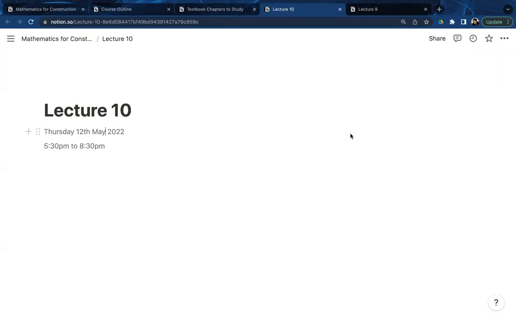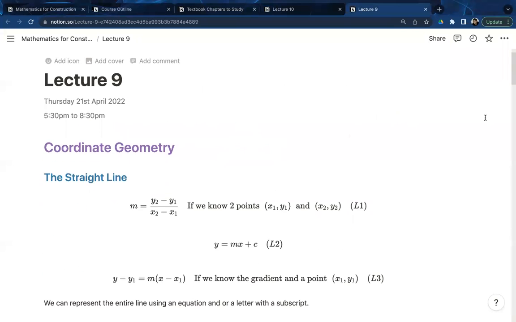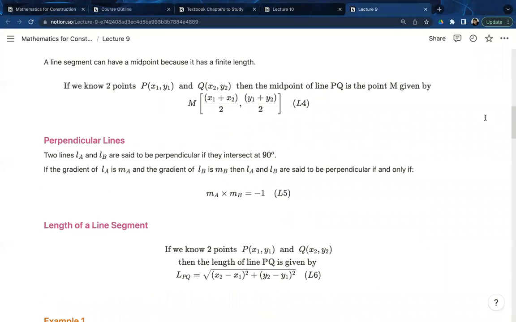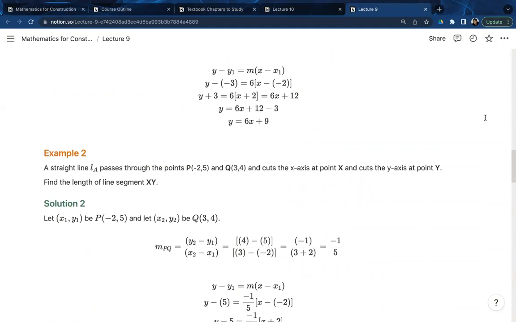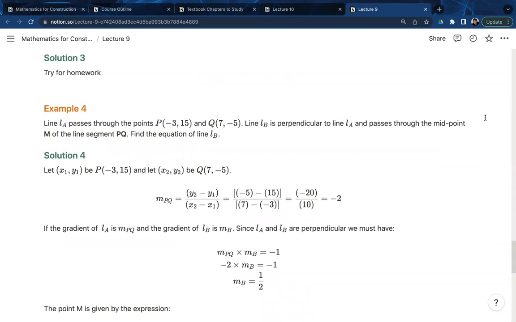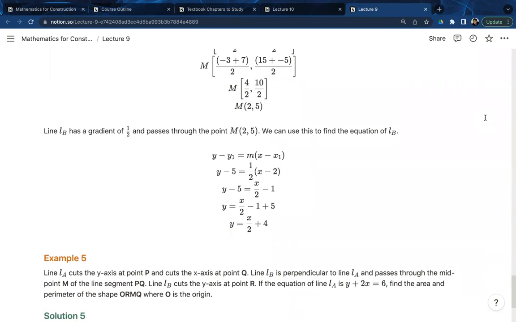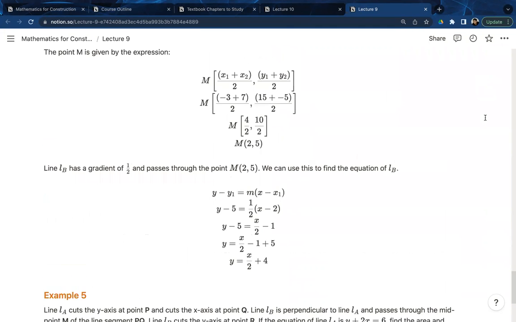So good Thursday afternoon. Welcome to lecture 10, Maths for Construction. When we did lecture 9, we did the basics of coordinate geometry. All these things here you would have covered in CSEC mathematics when you were a teenager, right? There's nothing here that is not on the CSEC syllabus, right? The caliber of the question though